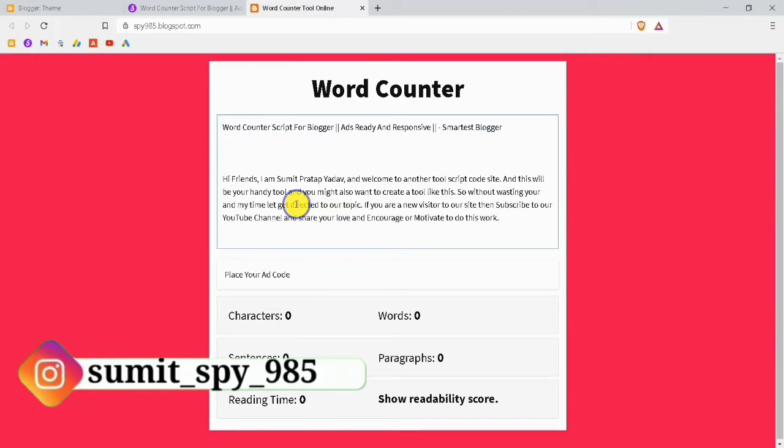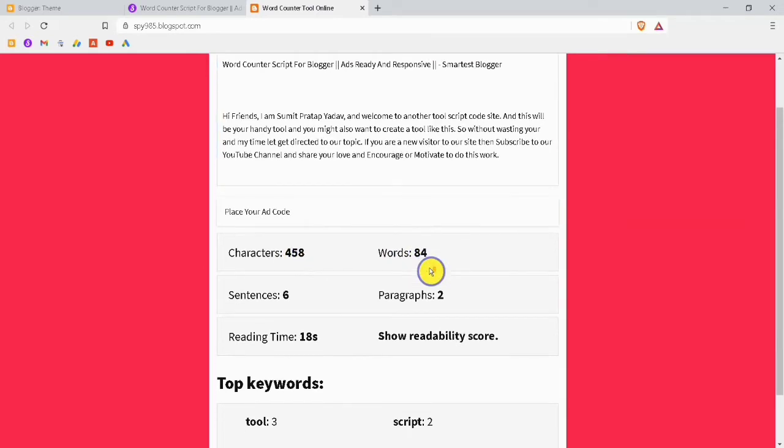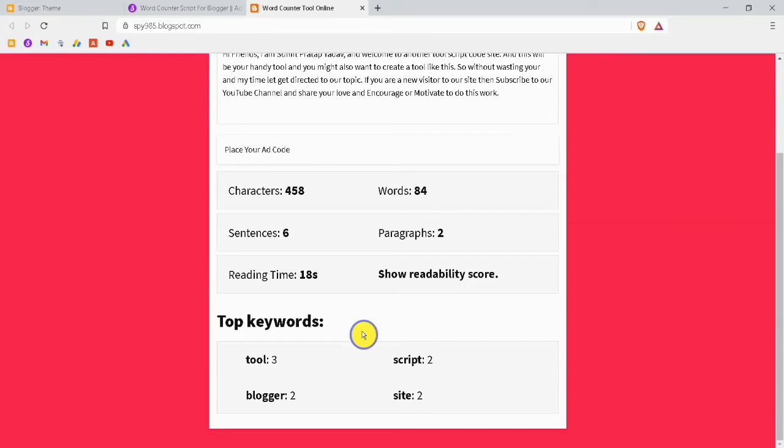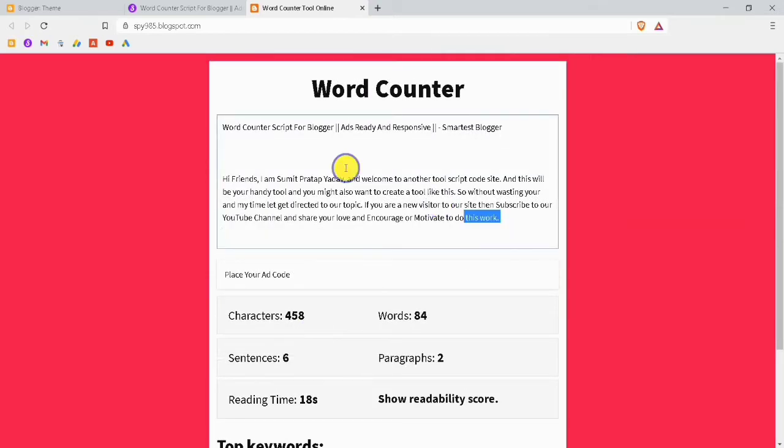By pasting all the paragraphs here, you will find the characters, words, sentences, paragraphs and reading time. The best and most valuable thing is that you can find the top keywords of the paragraph or the article. Here are some examples: the, tools, blogger, script and site. It will show how many times that word has been entered here.